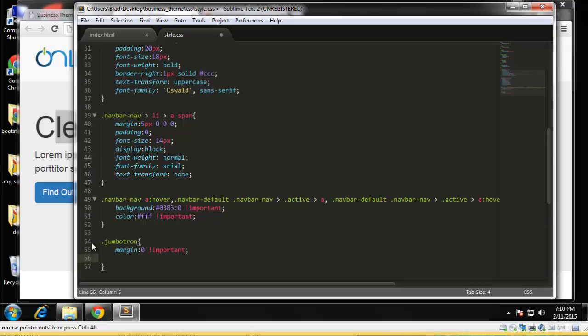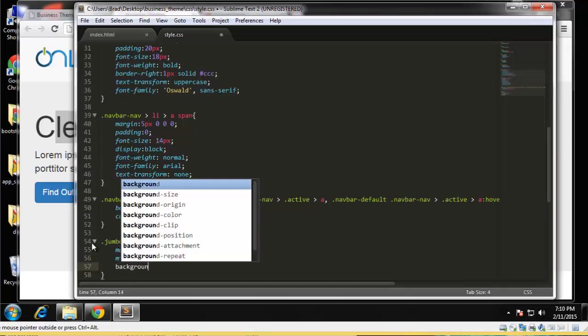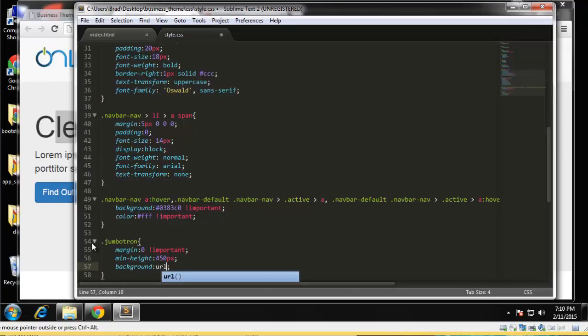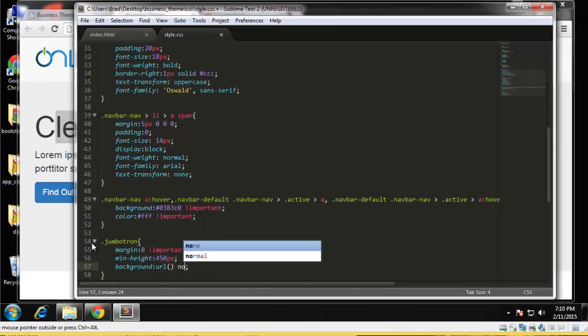And we're going to set a minimum height to 450 pixels, and then we want to add the background. So it's going to be background URL, no repeat, and the URL is going to be img slash